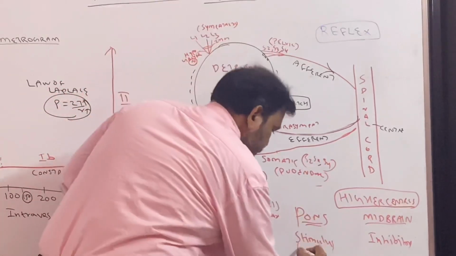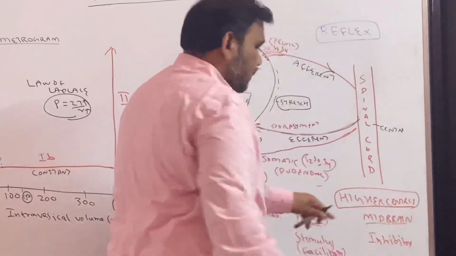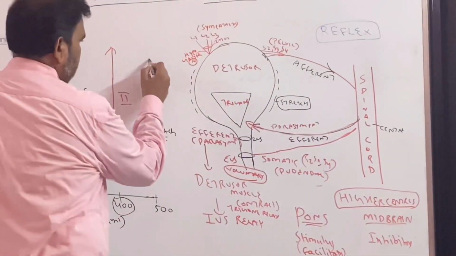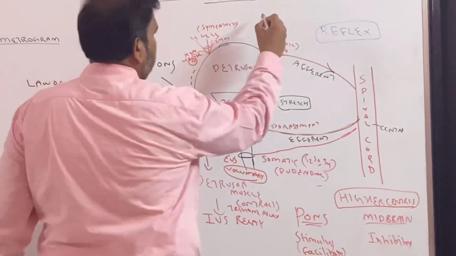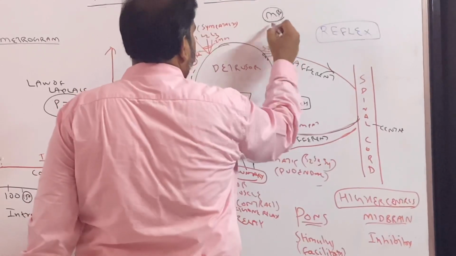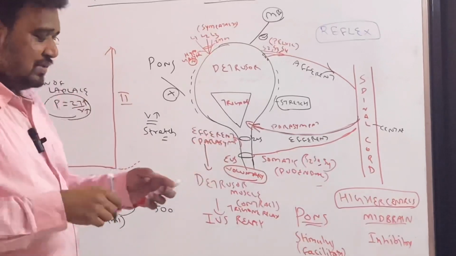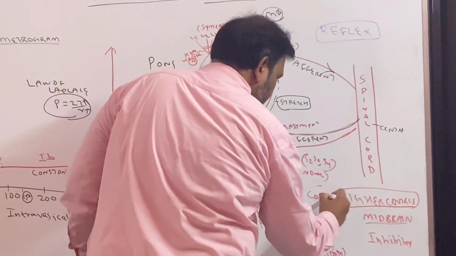Facilitatory, better word. And the midbrain is inhibitory, or if you want, you can draw here. Pons is facilitatory, midbrain is inhibitory. And to make it complex, even the cortex